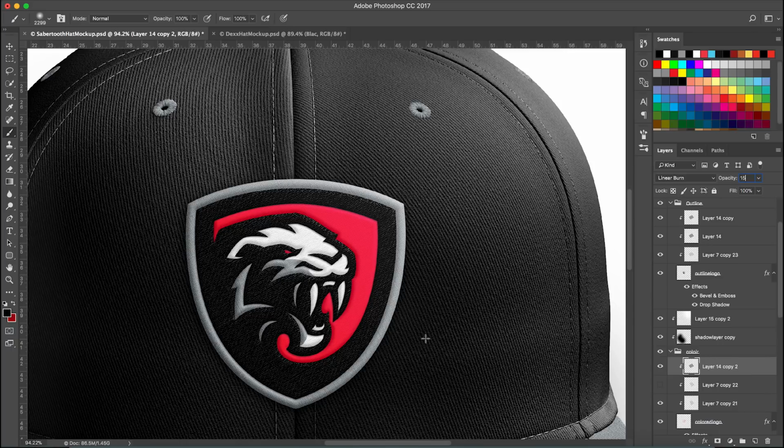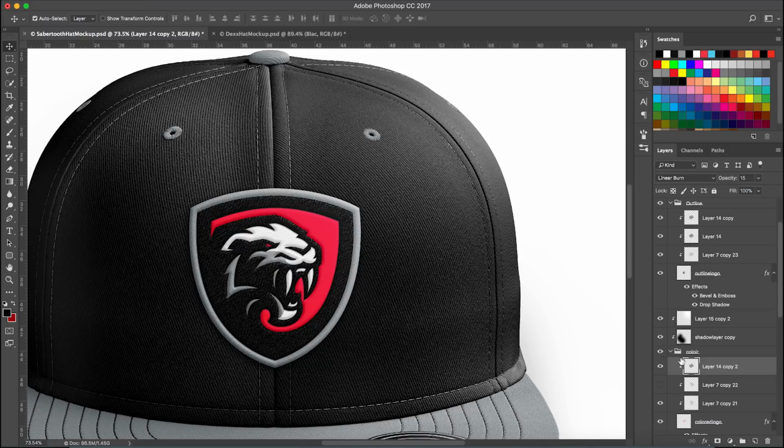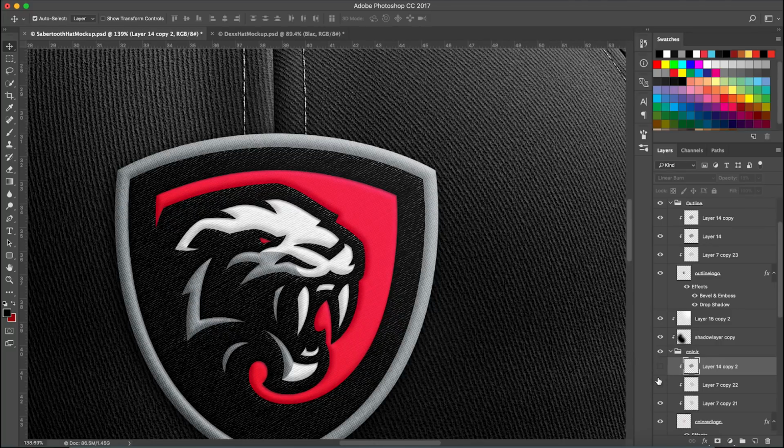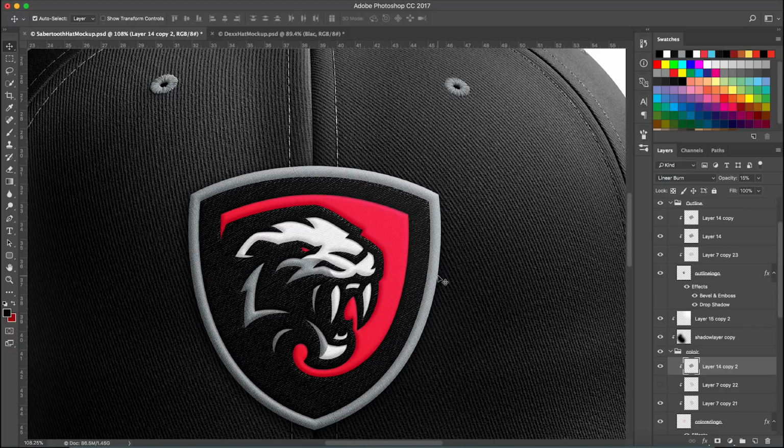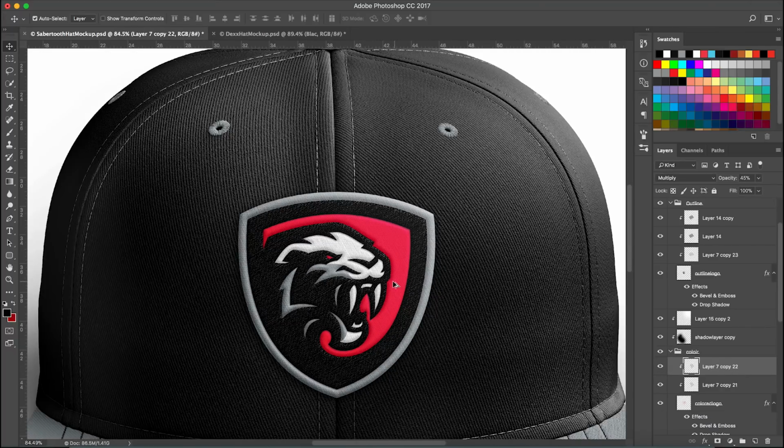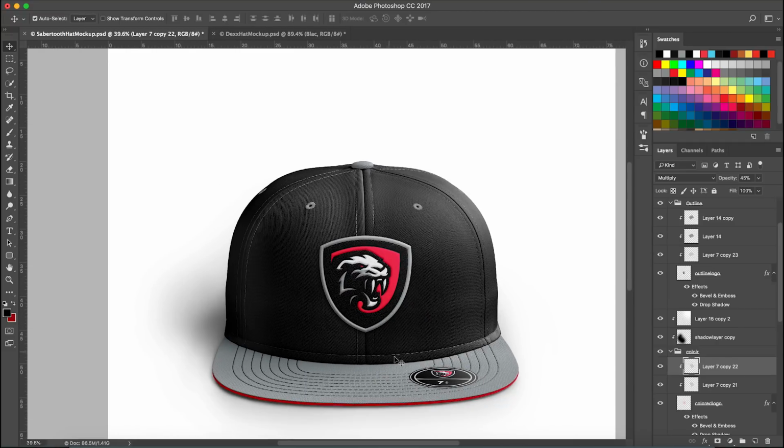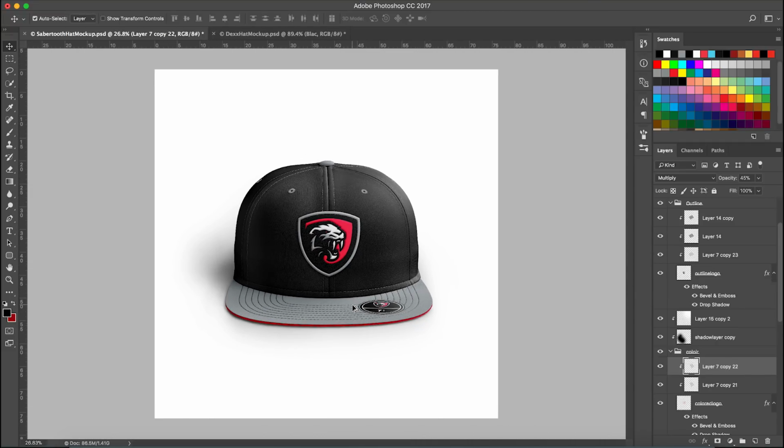Okay, so 15 looks pretty good, I feel like it might take away too much from the white. So yeah, this is the multiply on 50, and then this is the linear burn one. So linear burn actually looks pretty good too. Okay, so they're actually not in the same angle, so that's why it's looking that way. But anyways, I'm just going to leave it as is, as I had it when it originally started. And that's pretty much it, guys. So yeah, the next thing to do would be to add like a nice background or a backdrop or anything